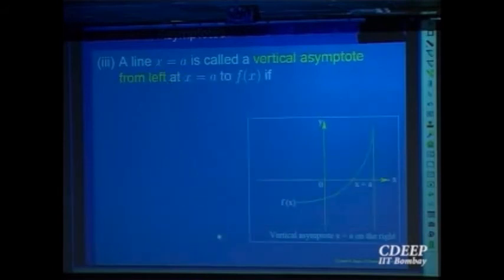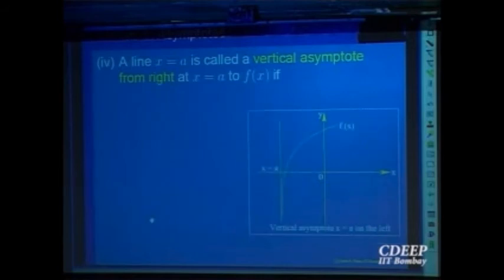Now let us look at something called vertical asymptotes. So what is happening with 1 over x: the graph was coming closer to the y-axis as x was coming closer to 0. So we take any line x is equal to a, and we want to say that the graph of the function is coming closer to this. So what we should say is, as x goes to a, the value of the function should become plus infinity, right? So let us write that. So x going to a minus, because we are approaching a on the left side. You can say it is a vertical asymptote from the left. Similarly, you can define a vertical asymptote from the right to the function.